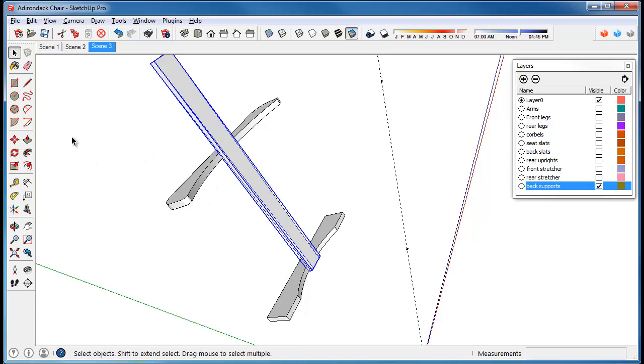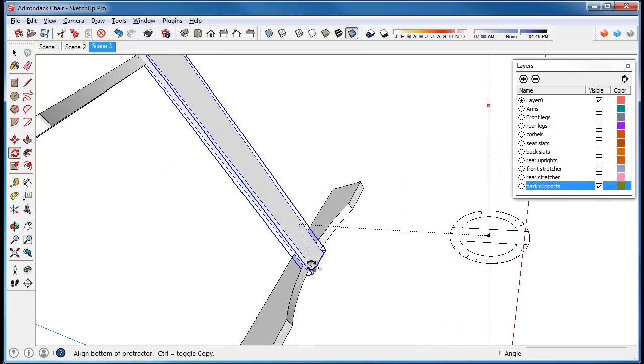And so I've selected the component that I want to copy, and I've got the rotate tool. Well, let's hit Control now and invoke that copy function, and then I'm just going to come to this lower guide point. Doesn't matter which one of these we use, but this one's convenient. And I'm going to click, and just like before, I'm going to drag along the guideline, and you see the protractor is turned black. Once it's done that, I get that online message. And you see there's a little red mark up here indicating that we're running along that line. I can let go of the mouse and then